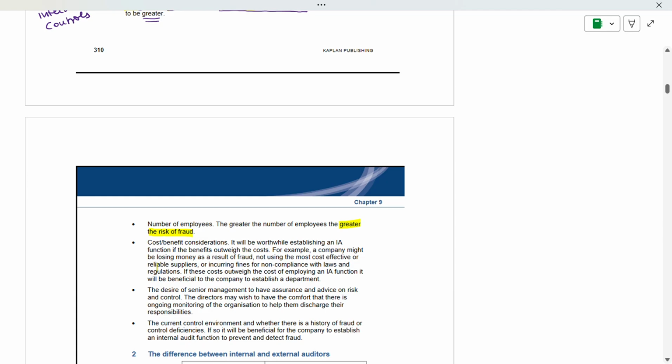Cost benefit consideration. There is a cost, but there is a benefit also. With respect to the internal audit function, a company might lose money as a result of fraud. If you don't have internal audit, internal controls will not be there. Definitely there will be an option of fraud. We should not think that there is only a cost. There is a cost, but there is